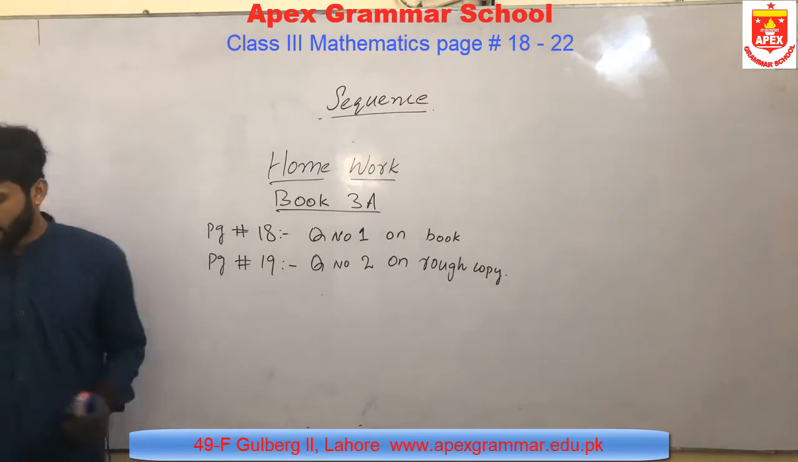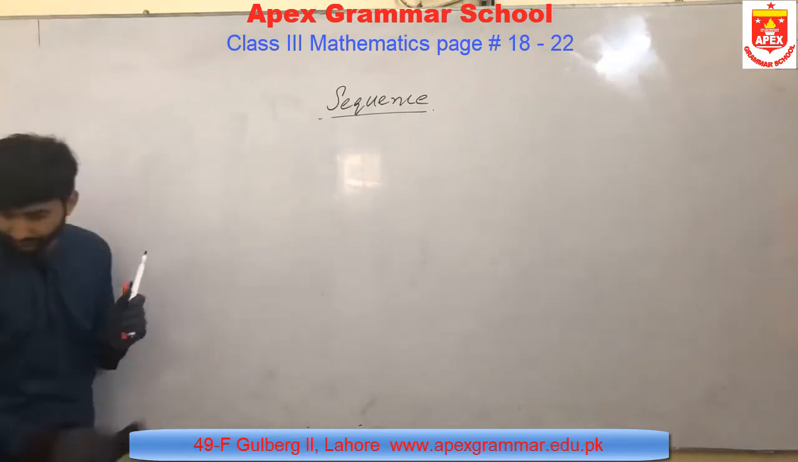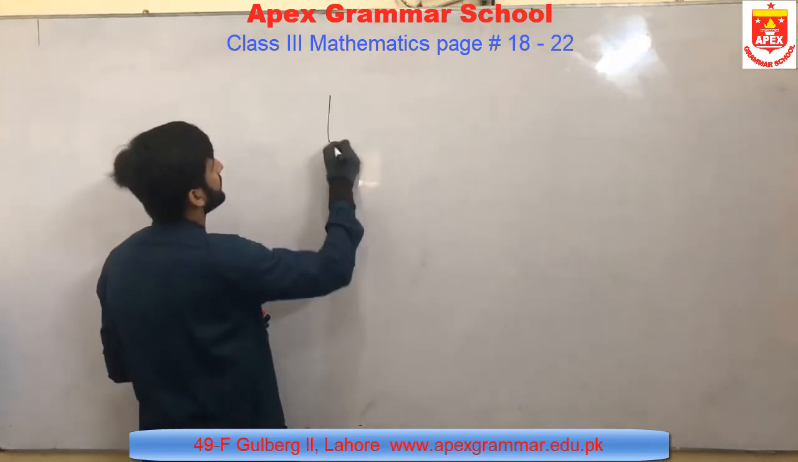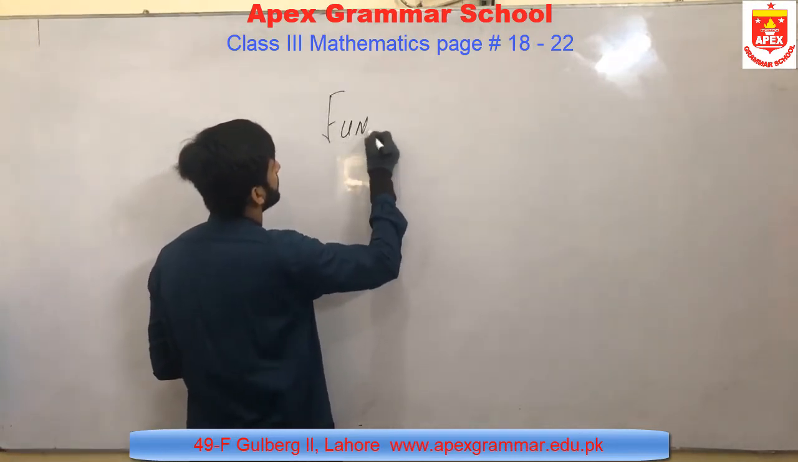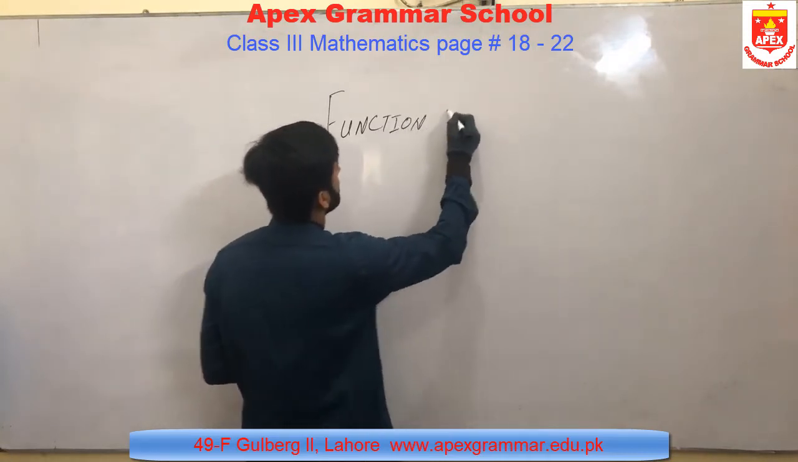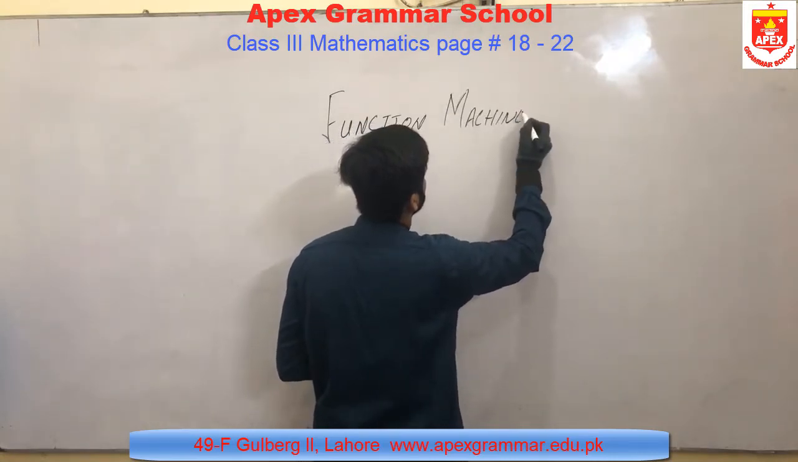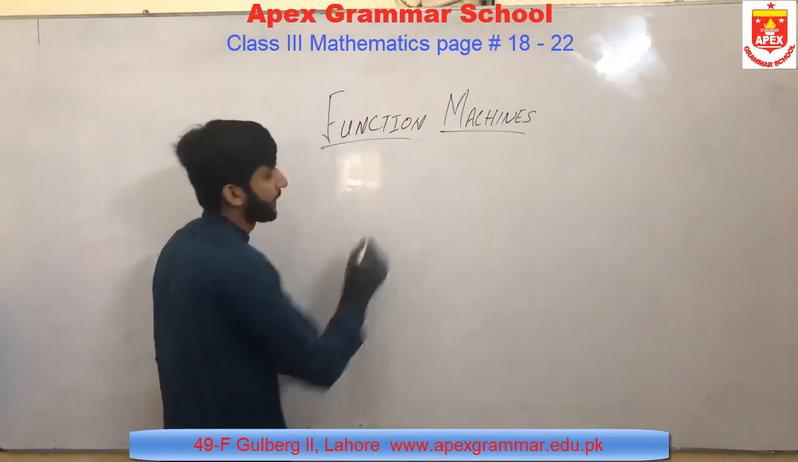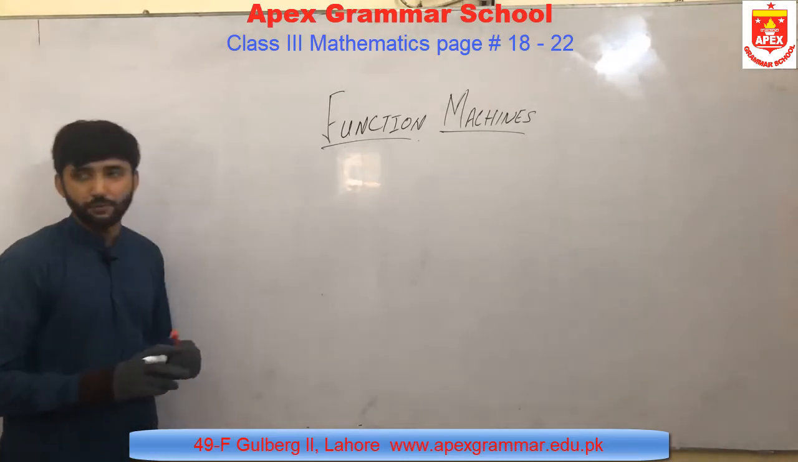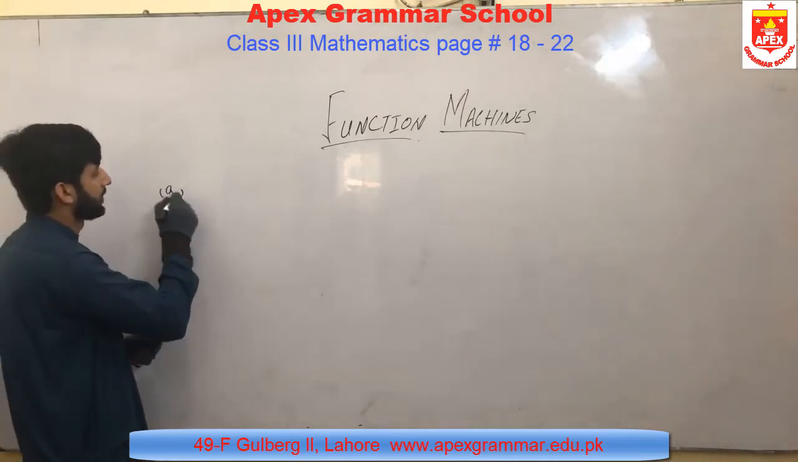This is your homework. Now moving forward, on page number 20, the topic is function machines. Function machines means a number with any operation is given to you in the machine, and you have to find out the remaining accordingly. So A part is